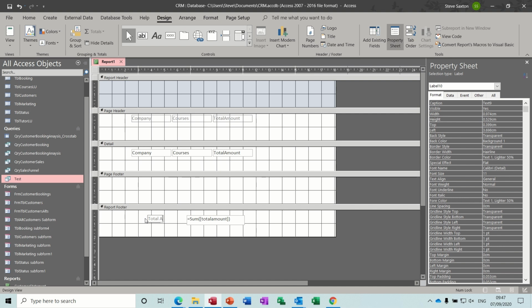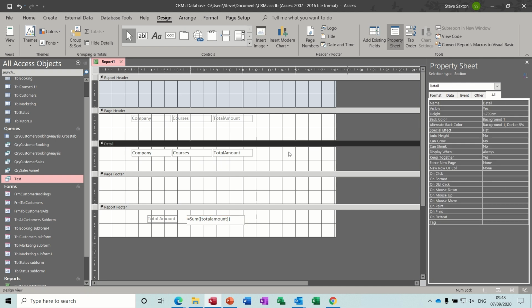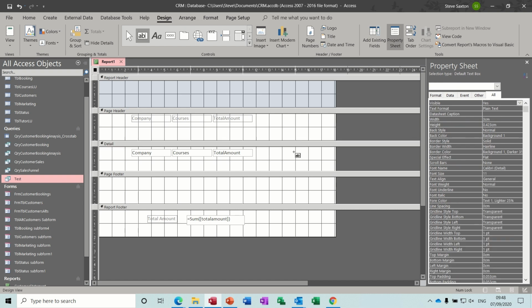Total amount. Now I want to name this box. I want to give this a name. I'll come back up. Let's go to all. It hasn't got a name at the moment. Just going to call this company total. That'll do. Company total. Because now in the detail area I can do another one, another box,